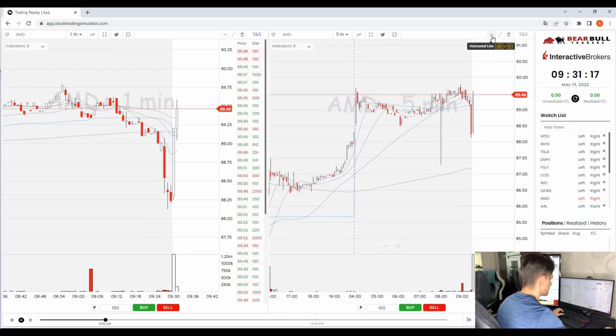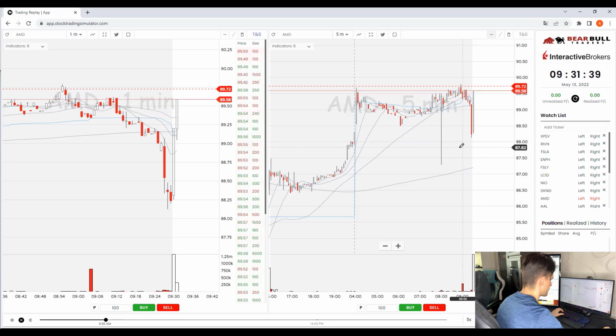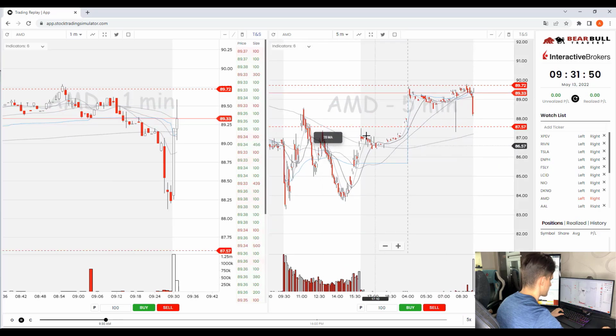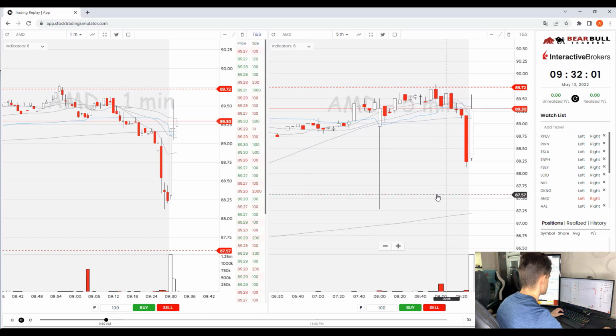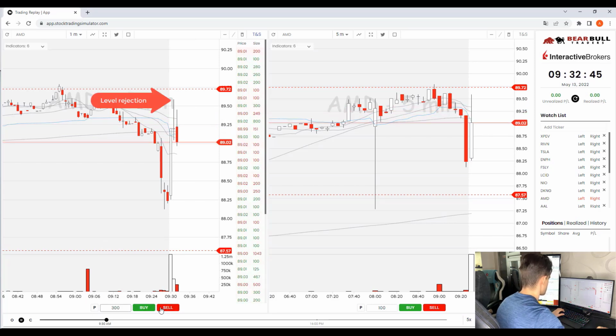The first thing you want to do is identify the channel. This is kind of the high, and this is somewhere around the low. I would say somewhere around here because this is a retest that's acting as a resistance. The next thing you want to do is a rejection of that level. Close enough, as they are ranges and not exact levels. Third thing you want to do is wait for